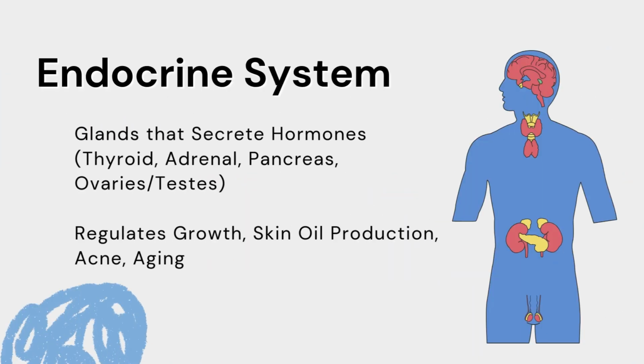The endocrine system is a complex network of glands that produce and secrete hormones, which regulate various bodily functions such as metabolism, growth, and mood. The endocrine system is responsible for producing hormones that act as chemical messengers in the body. These hormones are secreted directly into the bloodstream and travel to various organs and tissues, where they exert their effects. This system plays a crucial role in maintaining homeostasis and regulating numerous physiological processes, including metabolism, growth and development, tissue